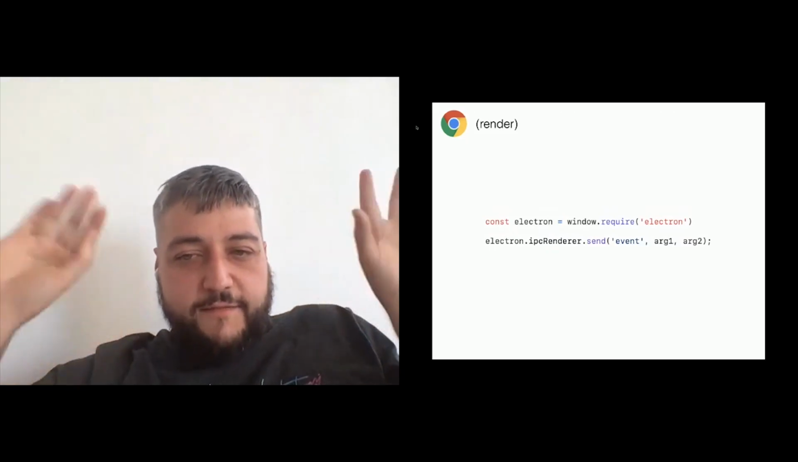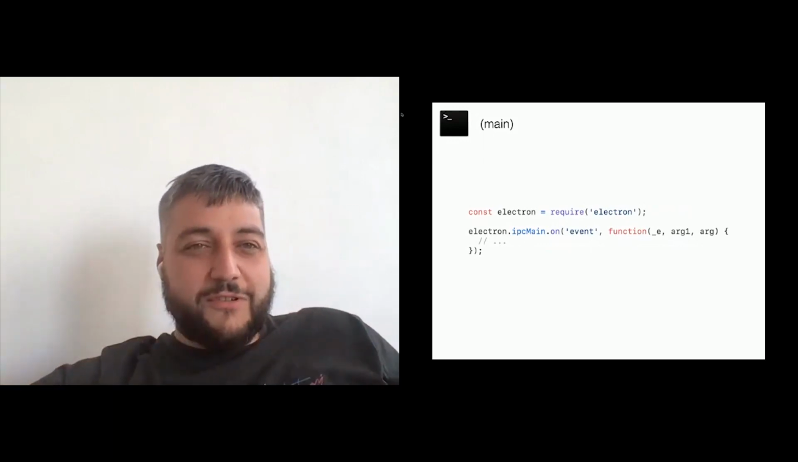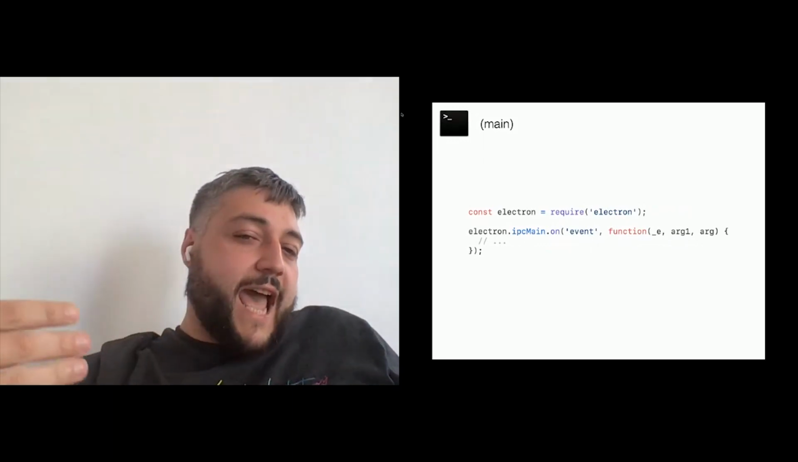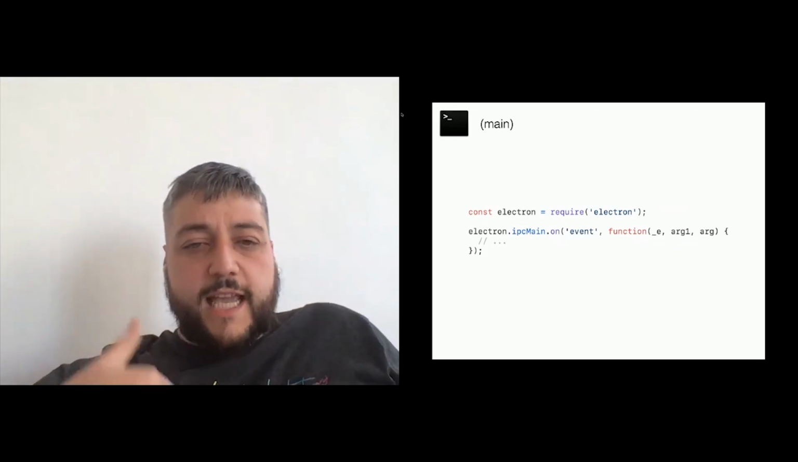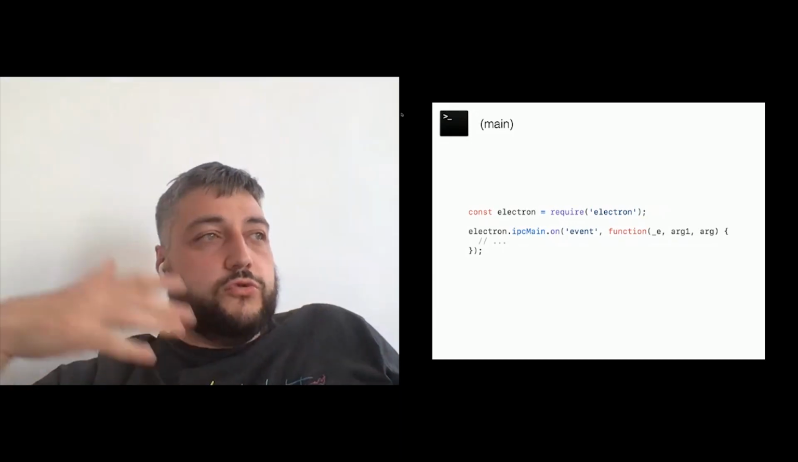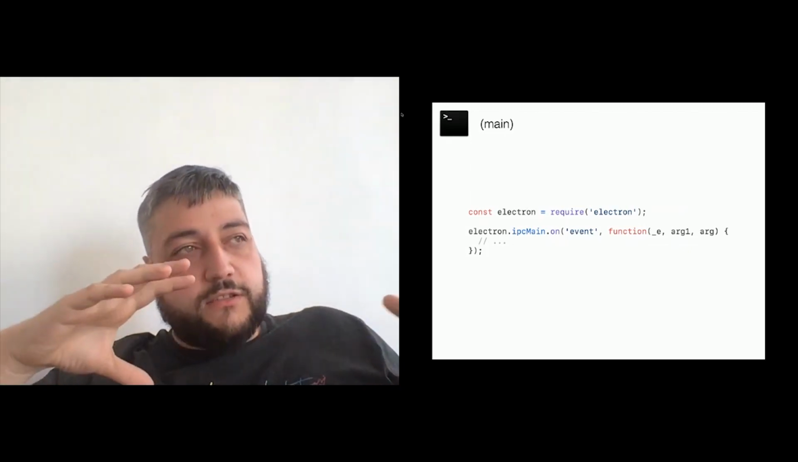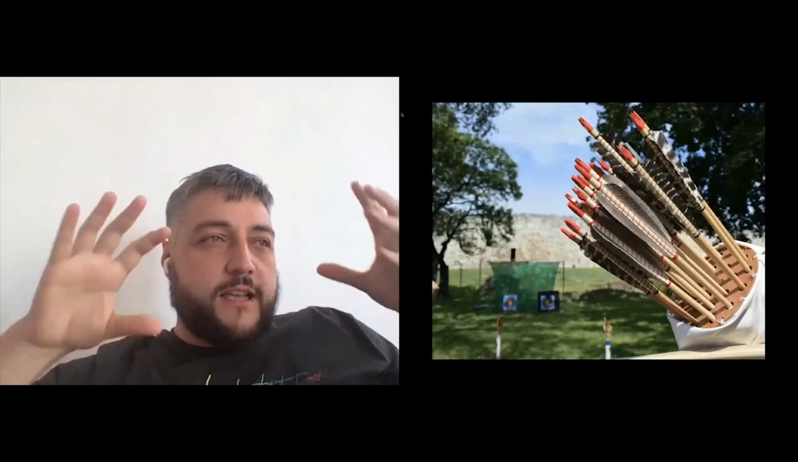In this case, I'm sending an event with 2 arguments. And in the main process, notice in the corner this console icon, you can actually receive this event and handle it. Later in the talk, I'm going to show how this is used to communicate and deal with everything around that. And that's basically the high-level overview of what Electron is. It's a way for us to have our own mini browser without the browser chrome, giving us the ability to